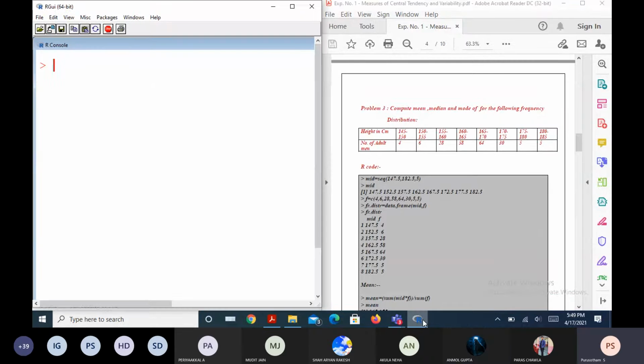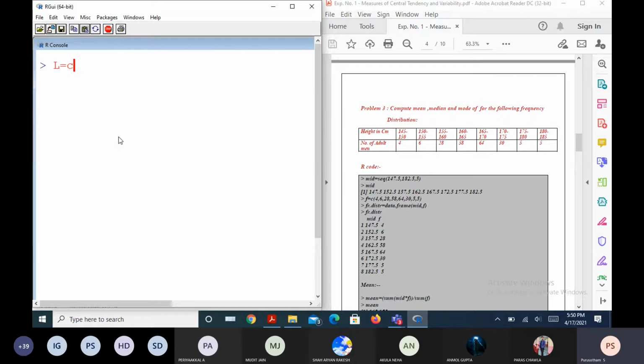I'll take the variables. So the height in centimeter, I am supposed to take the height for lower limit L, as lower limits are uniformly spaced, right? 145, 150, 155, 160, 165, and so on.